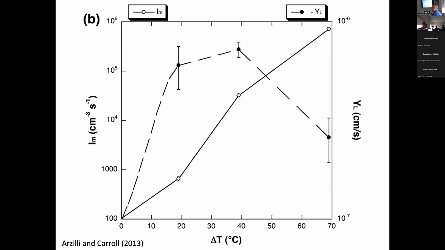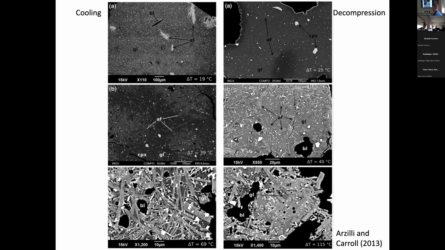I have a question about the previous slide. It's apparent or real, but it looks to me like the effect of undercooling is stronger during cooling than during decompression. The last result of undercooling with cooling is more crystalline than the one with decompression. Is it like that, or is it just